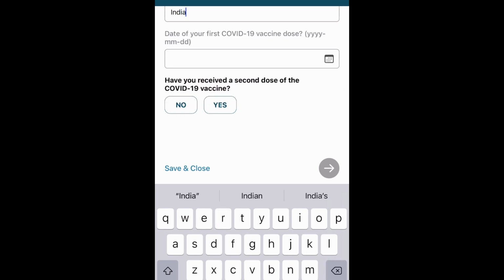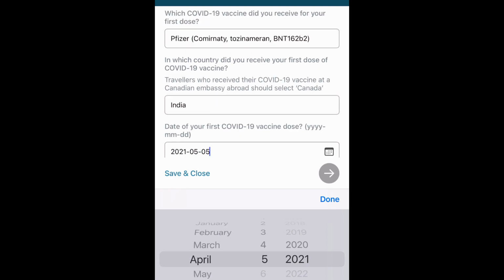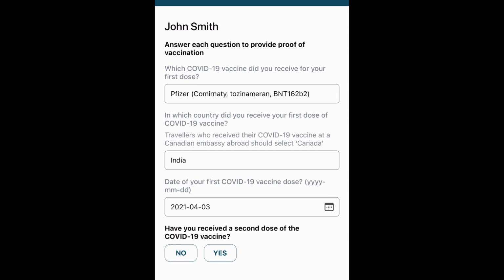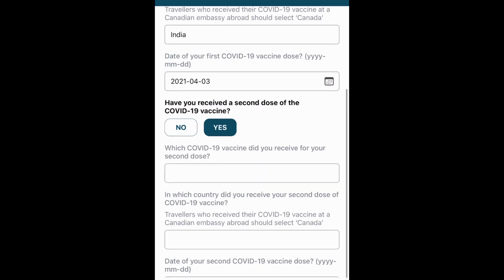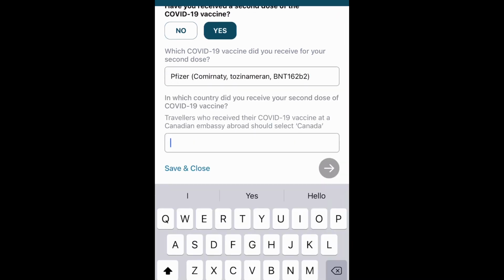Okay, date of your first COVID vaccination. Let me go to May. Let's say May 3rd, sample. Have you received the second dose? Let's say yes. Which COVID vaccine did you get? Let's say again Pfizer. So you can put your information. Which country?